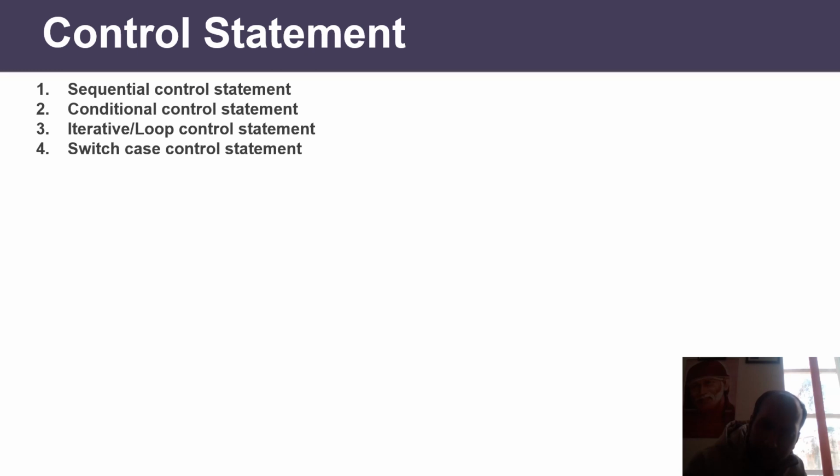Control statements, again I'm telling you, are very similar to what you have used in C, C++. What is the meaning of sequential control statement? You know that the execution of the program flows in a sequence: one line, second line, third line, and so on. What happens in a conditional control statement? In a conditional control statement, not all lines of the program are going to be executed. Some lines are executed based on a certain condition, and for conditional control statements you use if else, nested if. Exactly the same syntax, no difference at all, even the syntax is the same as C, C++. You just need to practice all these things in Java.